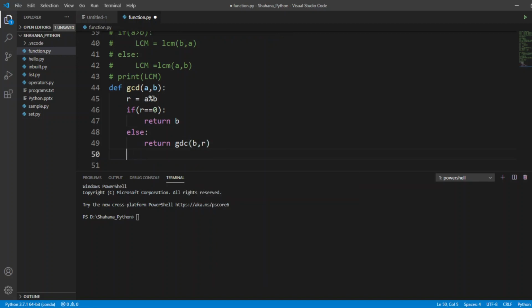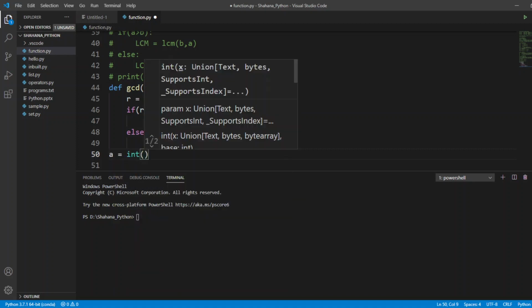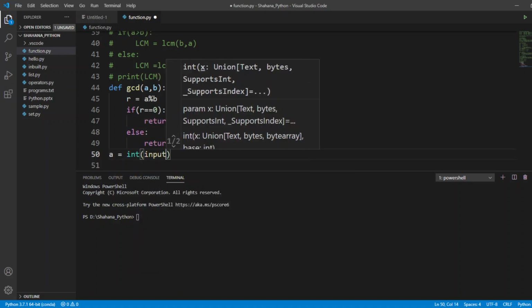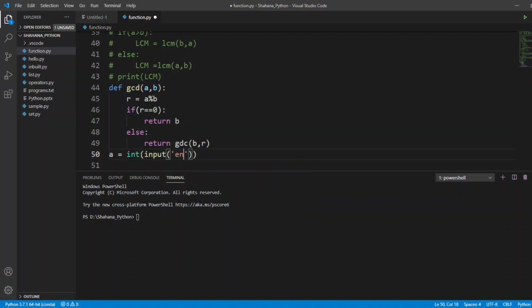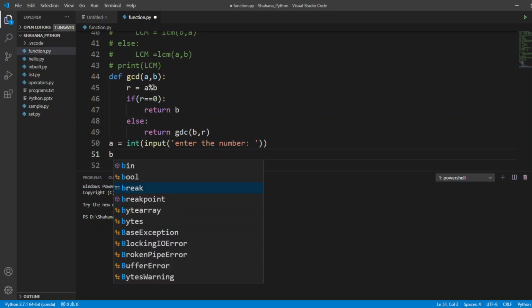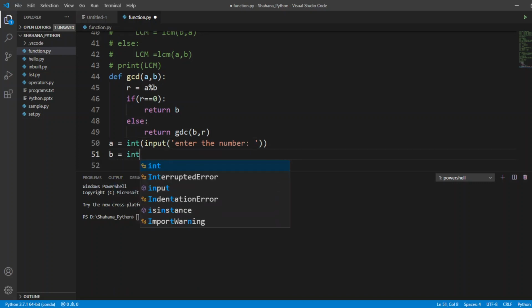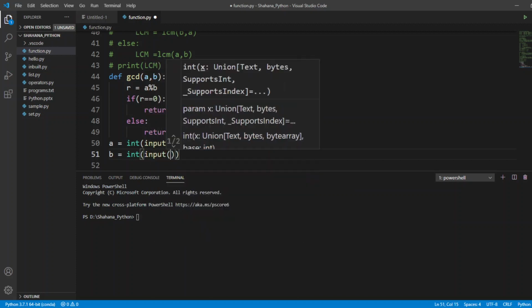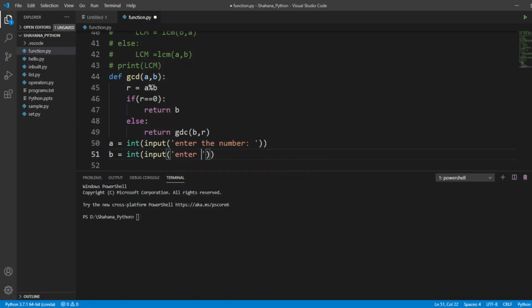And now I'm going to get my input from a user, a. It's going to be integer input, int(input("enter the number")). Then it's going to be int(input("enter the number")) again.